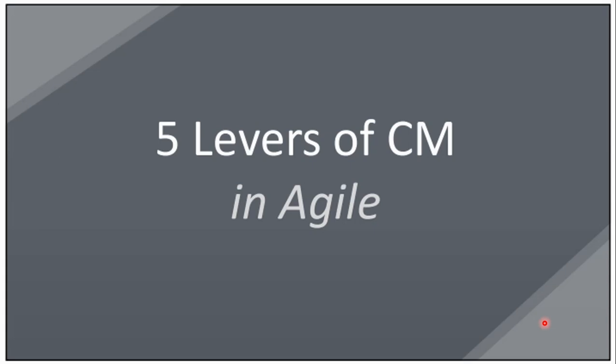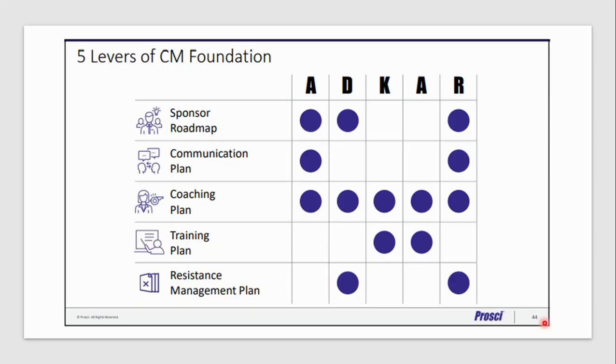Right. So if you can recall the 5 levels that we did last time in the last session on change management: the sponsorship roadmap, the communication roadmap, the communication plan, the coaching plan, the training plan, the resistance management plan. If you can recall, the sponsor roadmap is about helping your change manager or your business BU heads,